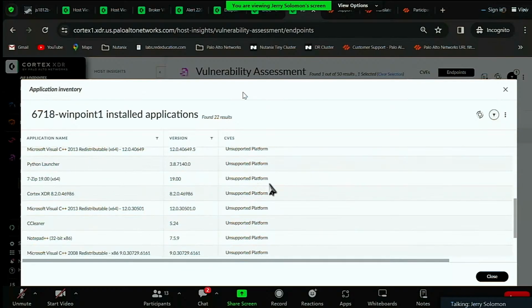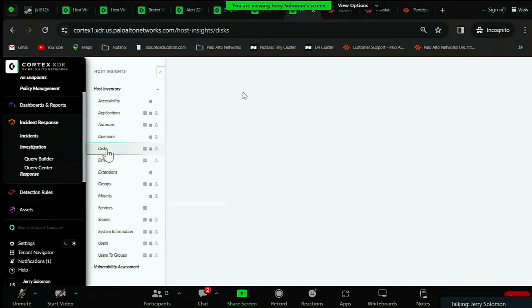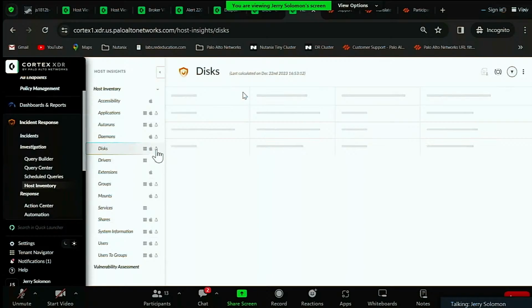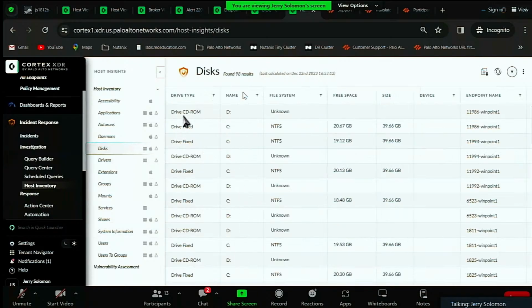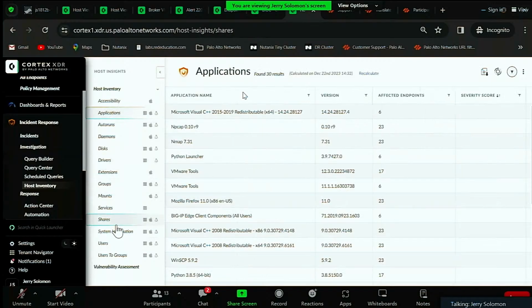We don't have CVEs for the applications for Windows, but we do have for Linux. And the other thing we provide you as part of Host Insights is also host inventory. And you saw a bit of this when we were looking at the IP address view, and we were asking it to provide us insights based on disks, for example. We can do that for Mac, Windows, and Linux. So here we've inventoried the disks on our assets: their file systems, their space, their size, their free space, the drivers, the applications installed, the shares they're providing,